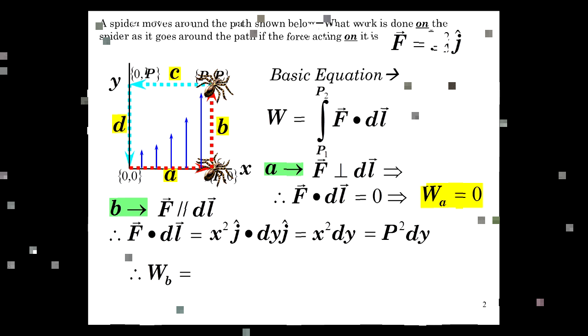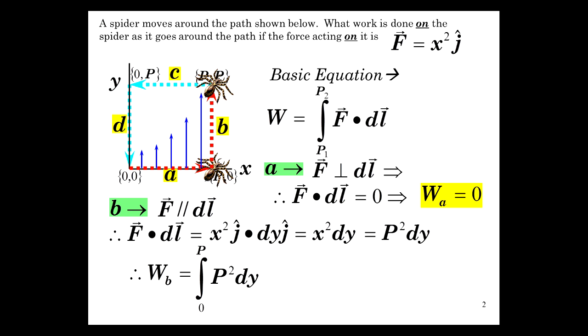So now let's go ahead and integrate. Work along path B is equal to the integral from 0 to p of the value of the force, p squared dy. So this is p squared y from 0 to p, which is p to the third power. So we had 0 along this path. We had p cubed along this path is the work done. And now we still have to analyze